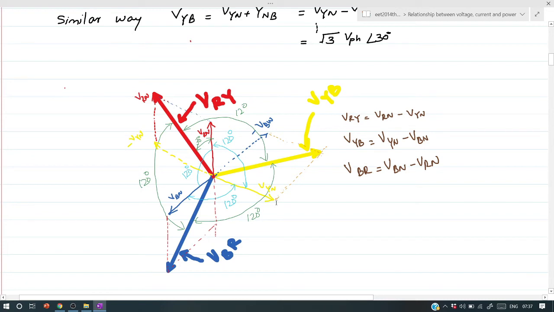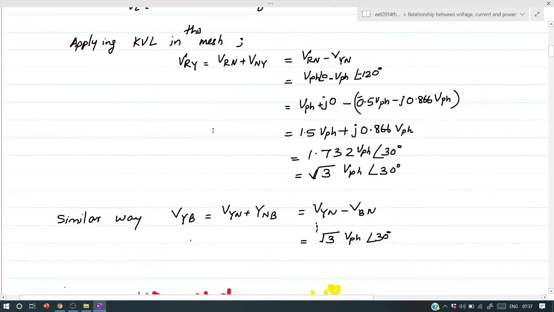So we need to proceed backward with the same magnitude this phasor, that gives minus VYN, and the phasor sum of these two, that is VRN and minus VYN, gives VRY. So from this phasor diagram, it is clear that this angle is 30 degree. So this VRY is anti-clockwise with respect to VRN. So VRY is leading VRN by an angle 30 degree. Just like which we inferred in this analysis.